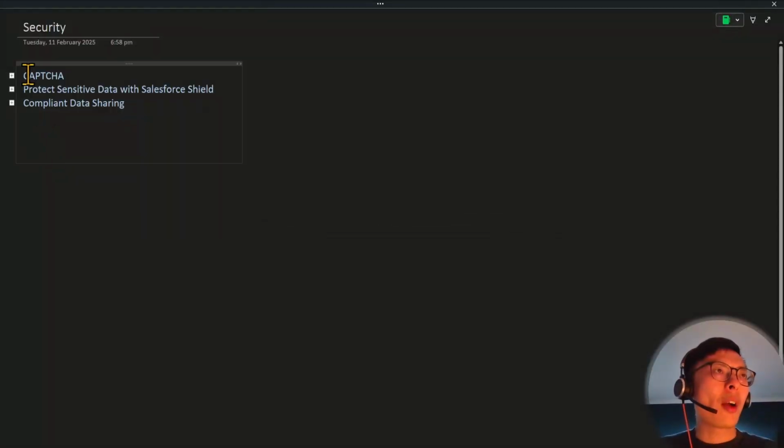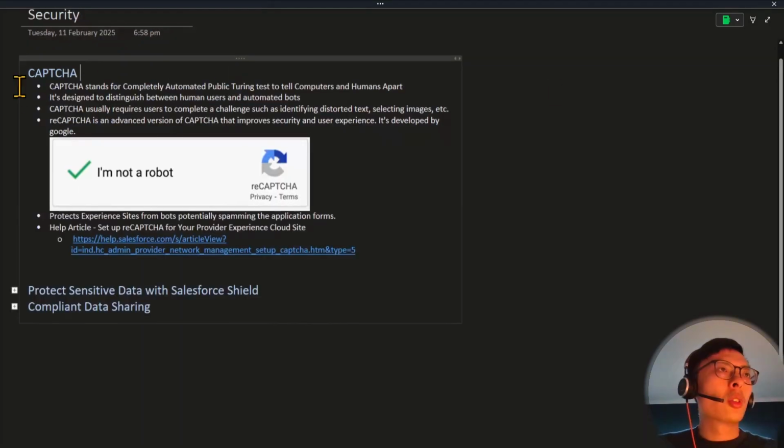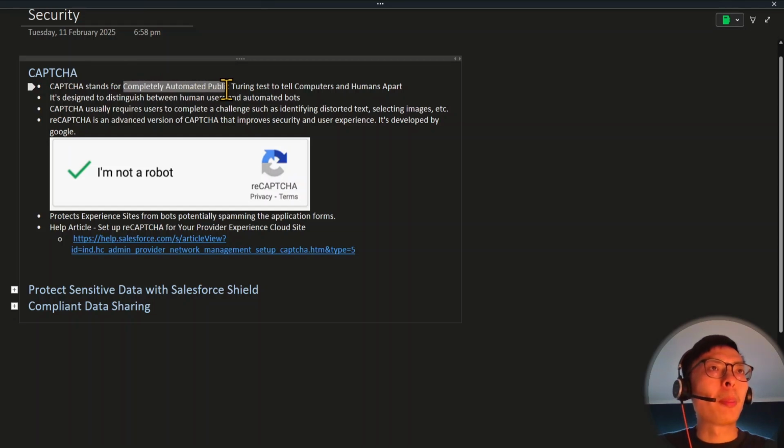Let's now talk about security. We'll cover CAPTCHA, Salesforce Shield, and compliant data sharing. So CAPTCHA stands for Completely Automated Public Turing Test to tell computers and humans apart. It's designed to distinguish between human users and automated bots. So CAPTCHA usually requires users to complete a challenge, such as identifying distorted text, selecting images, etc. Most people might be more